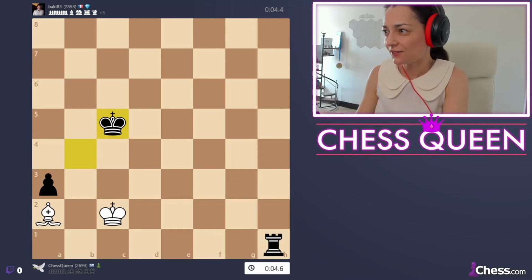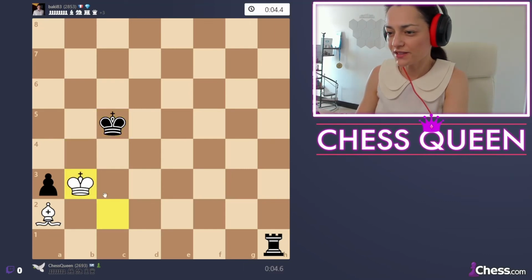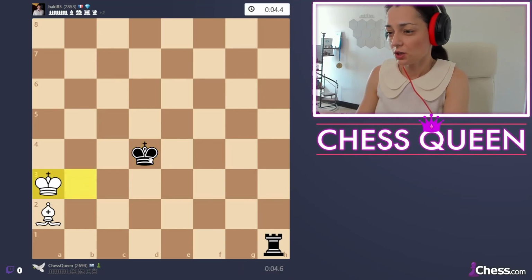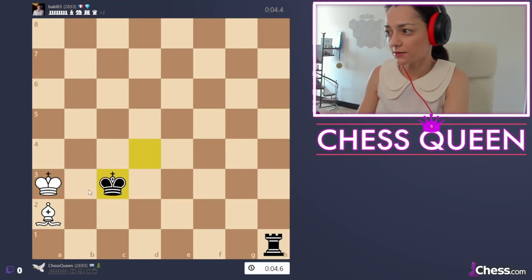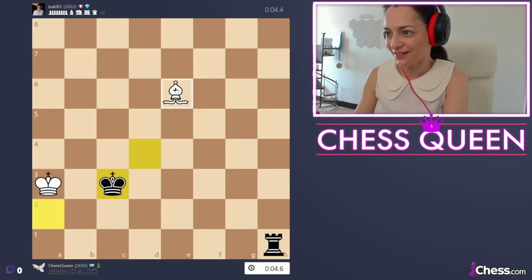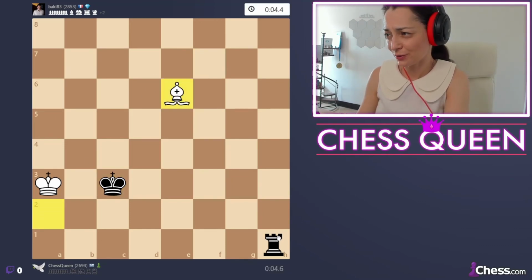Surprisingly, king c5 is the winning move. If king b3, then king d4, and king a3 loses due to king c3, and the king is not in the corner. And if you watch a video of mine on chess.com, you'll be able to